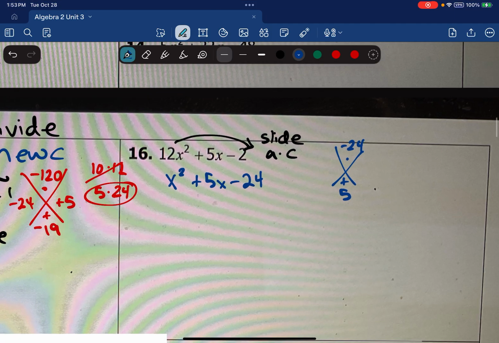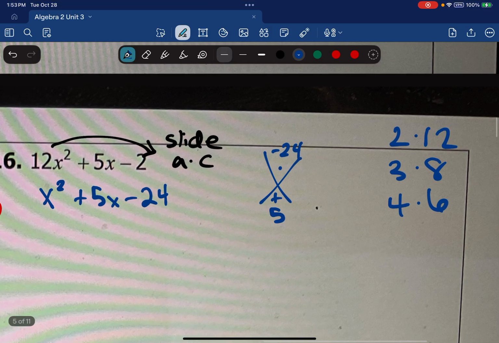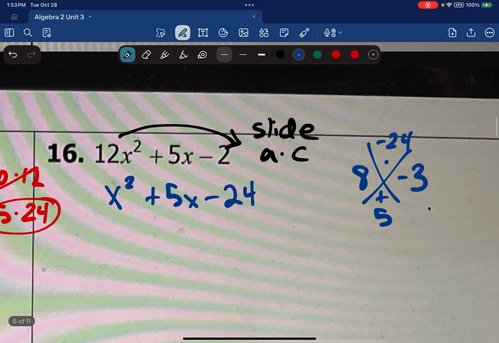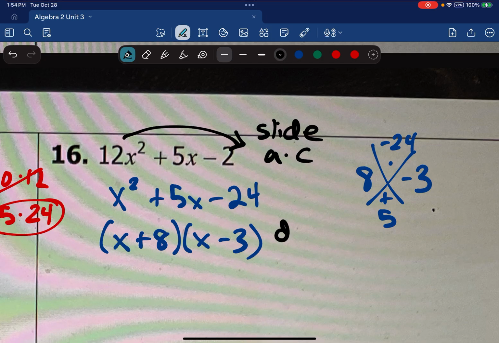There are lots of factors of 24. I have 2 and 12. I have 3 and 8. I have 4 and 6. The only ones that would combine to be 5 would be 8 and 3. If I had a positive 8 and a negative 3, they would multiply to be negative 24, but add to be a positive 5. So I know that these two factors are going to be x plus 8 and x minus 3. We now must divide by 12,